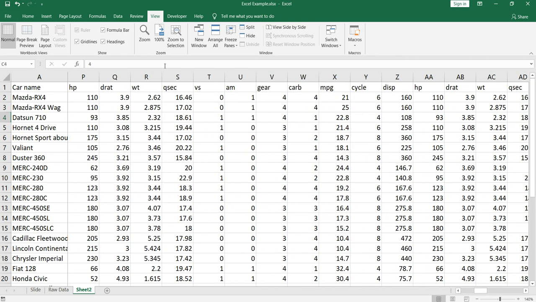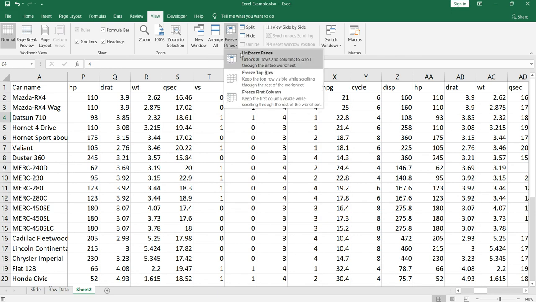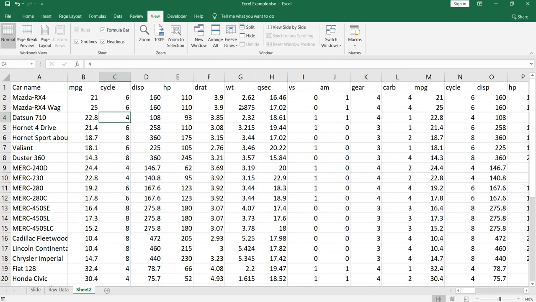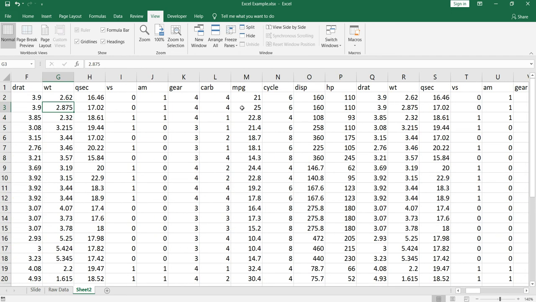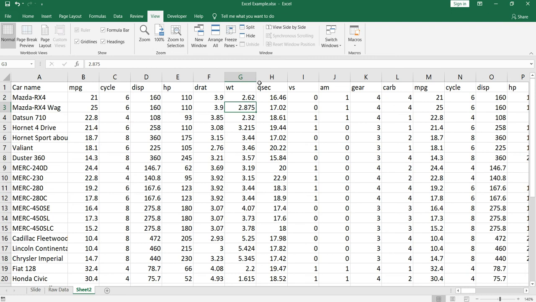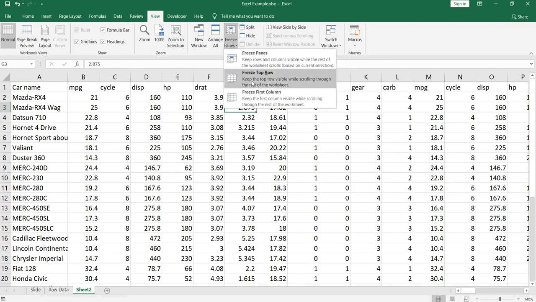Let's go to the third option. Before going to the third option, we'll unfreeze it. So again I have clicked on freeze panes. I click on unfreeze panes. Now I won't be able to see my first column. Okay, the third option available with us, or I can say the first option. So first we looked at freeze top row, then second we looked at freeze first column. For us, the third option is freeze panes, but in Excel the first option is freeze panes.